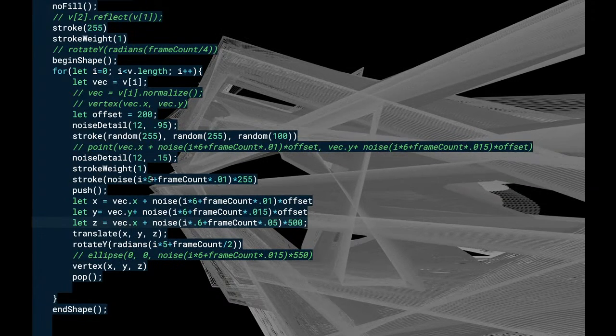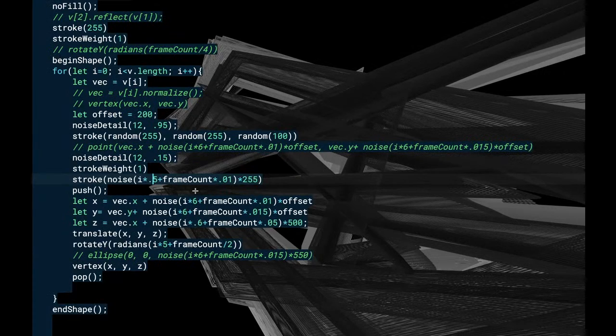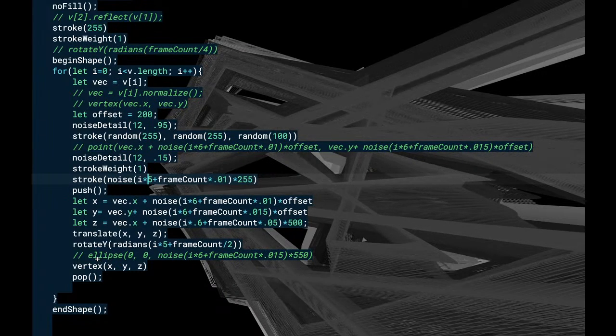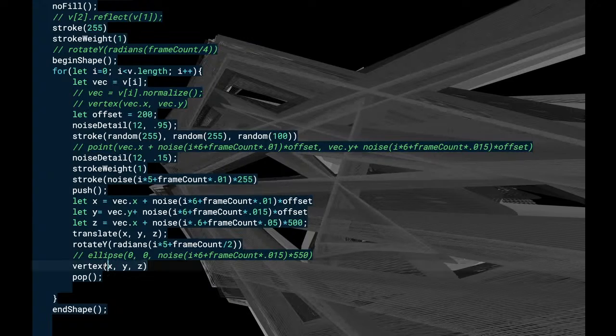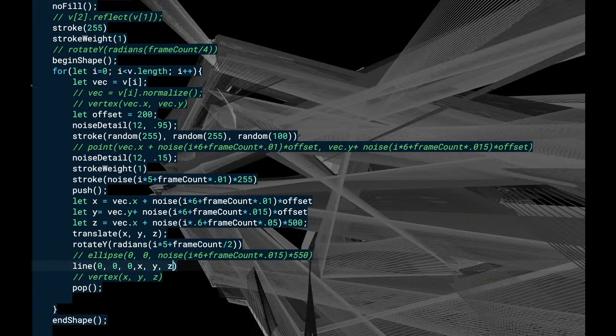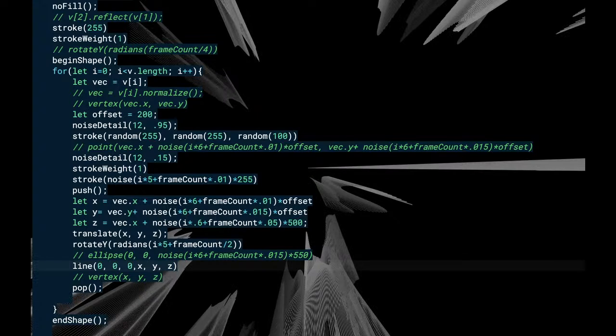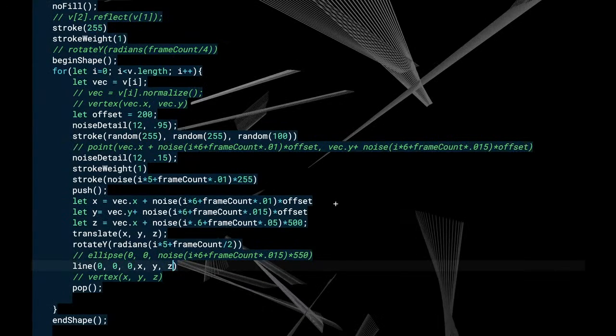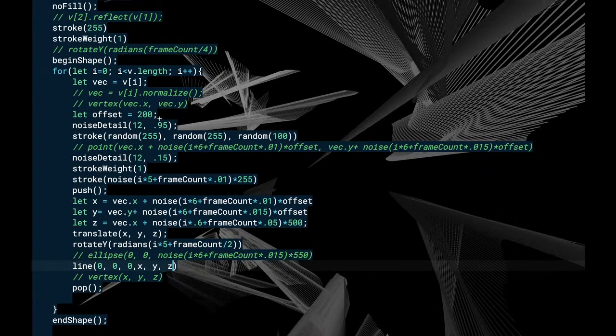And where's our stroke? This thing should be going... the whole thing goes as one big shape when it's a vertex. We don't have separate lines, actually. Yeah, that's not as exciting to play with the actual line. So maybe I turn off the vertex and use lines. 0, 0, 0 to X, Y, Z. Let it connect a line from where it's supposed to be to somewhere off in the distance where its untranslated value is. And then they each get to have their different strokes,